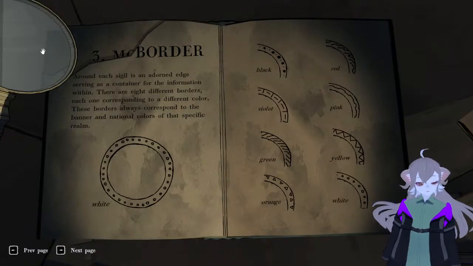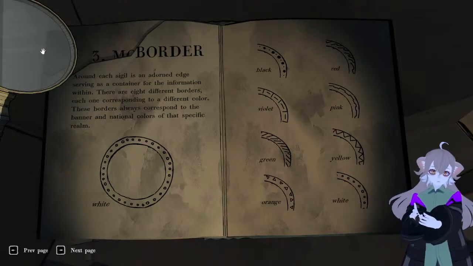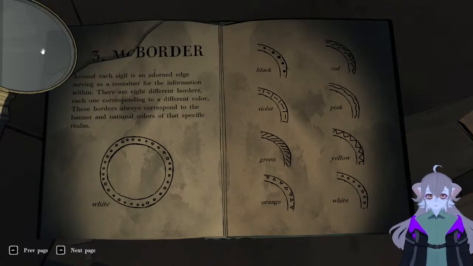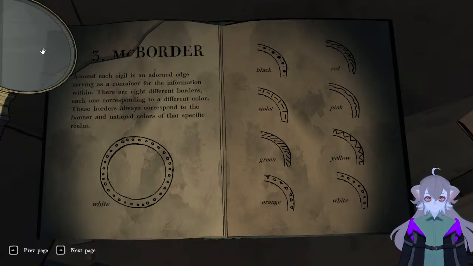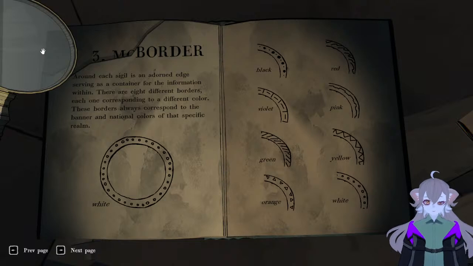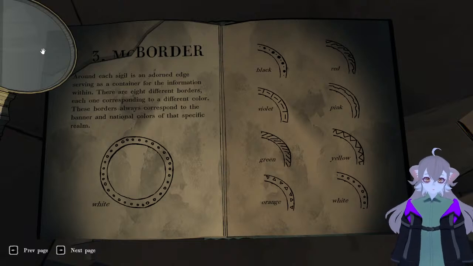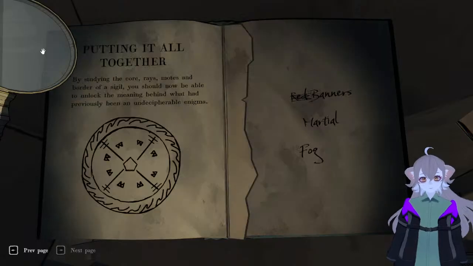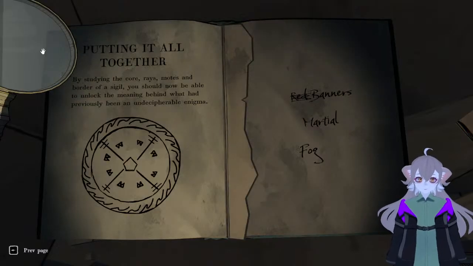And borders. Around each sigil is an adorned edge serving as the container for the information within. There are 8 different borders, each one corresponding to a different color. These borders always correspond to the banner and national colors of that specific realm. White, black, red, violet, pink, green, yellow, orange, and white. Oh, maybe the white one right there. Putting it all together,